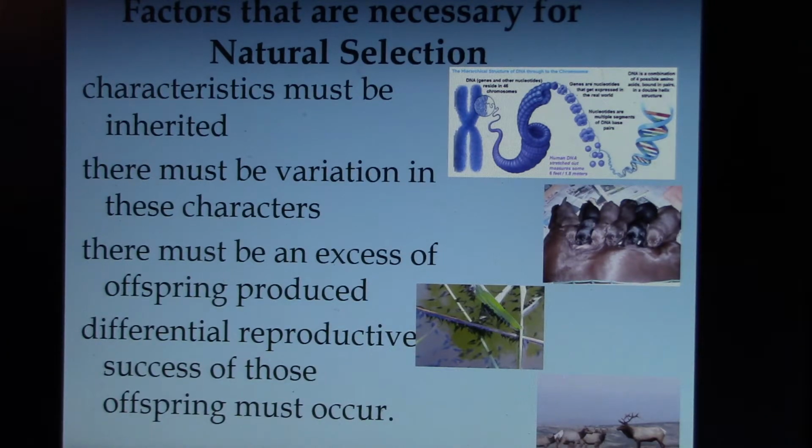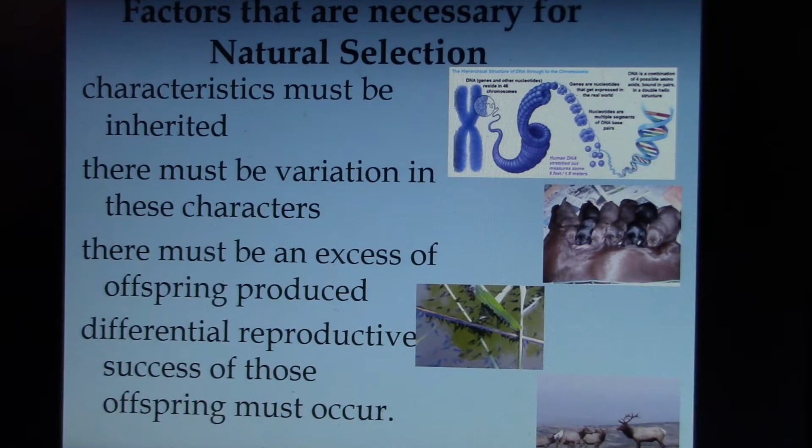Without variation, or, here we're going to go back to genetics, multiple alleles. If there's just one allele, no evolution is taking place because there's no change. There's 100% whatever the allele is, and unless there's a new mutation or some gene flow from another population somewhere, it's going to stay 100%. It's not going to change.